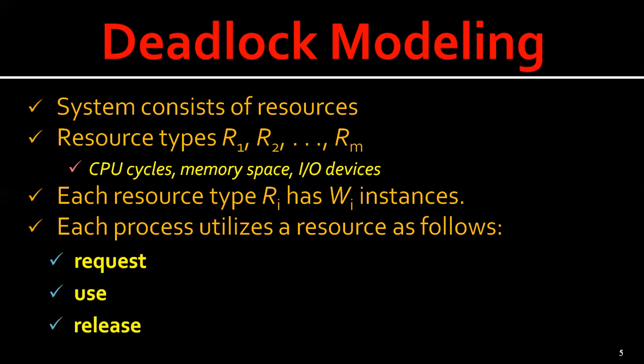Examples of request and release calls are open a file, close a file, and allocate and free, which are memory system calls. So here, a set of processes is in a deadlock state whenever each process in that particular set is waiting for an event that can be caused only by another process in that particular set. Now let us see